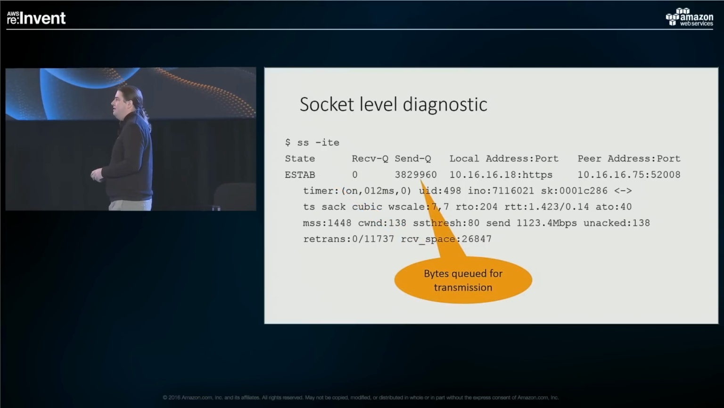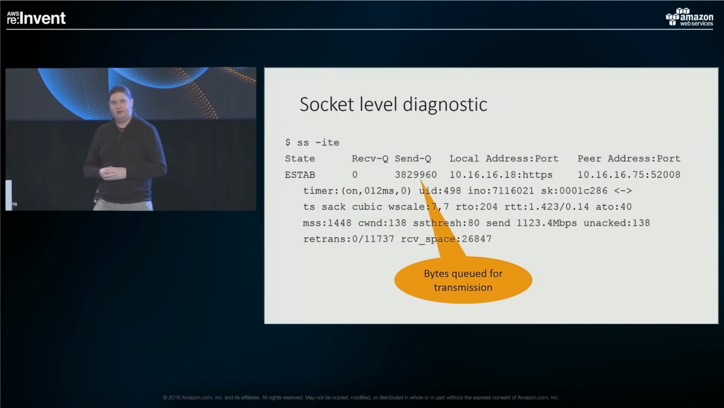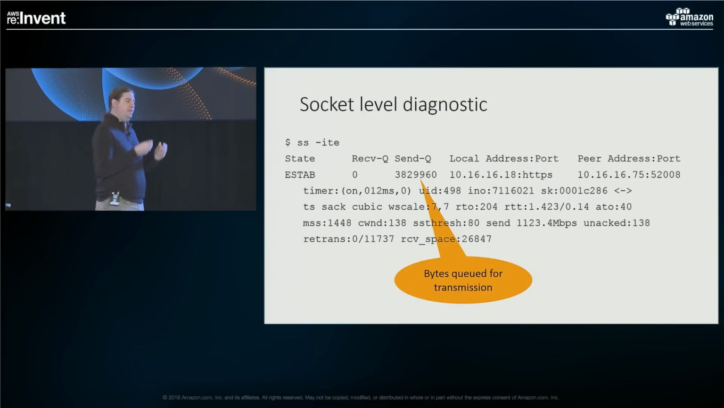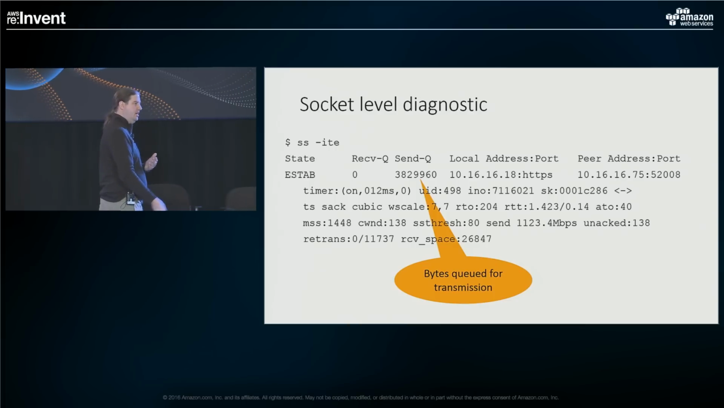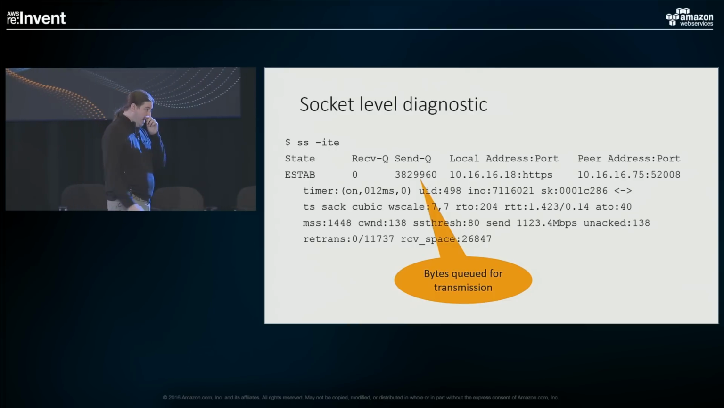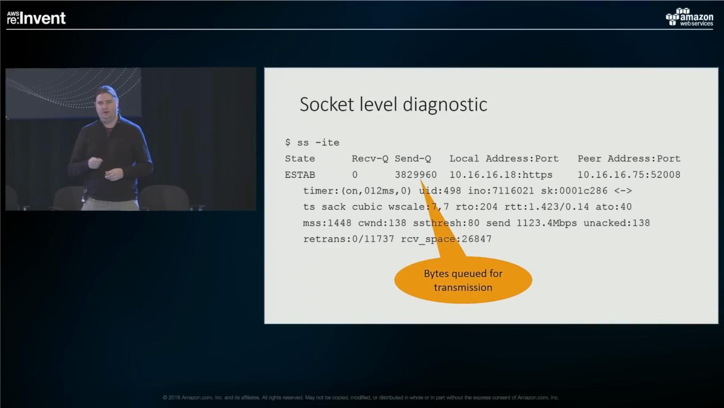The second number here is the send queue, right? The send queue is a buffer on the sender side from when the application does a write system call down to the TCP stack until those bytes are actually transmitted onto the wire. So if you see this number just continually at 0, what that tells you is that your application just isn't